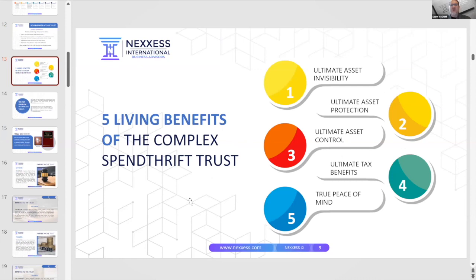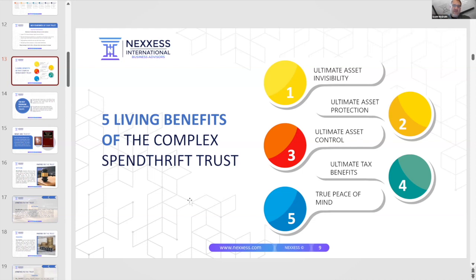What are those options? Those options are ultimate asset invisibility. We call that privacy. Ultimate asset protection. That means 0 lawsuits. So far to date, I've been doing financial planning for over 20 years. I've been doing trust setup for 7 years now, and I have 0 clients that have received a lawsuit on anything in their trust. So it could change, but so far, no lawsuits. There's a reason for that, because it's very difficult to sue a spendthrift trust, almost impossible. So you definitely want to look at that if you are either tired of lawsuits or you don't want them.